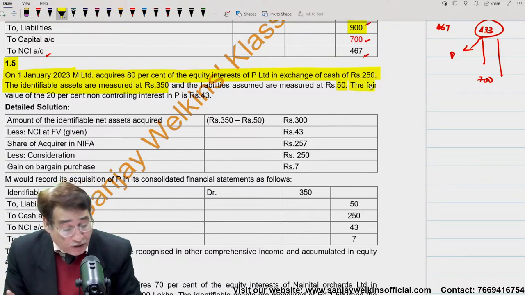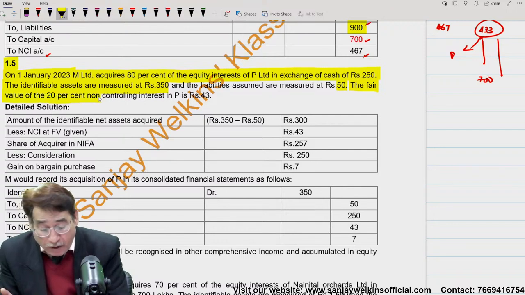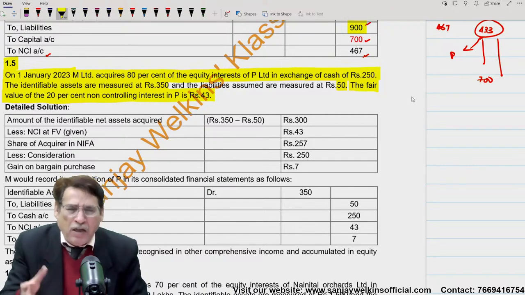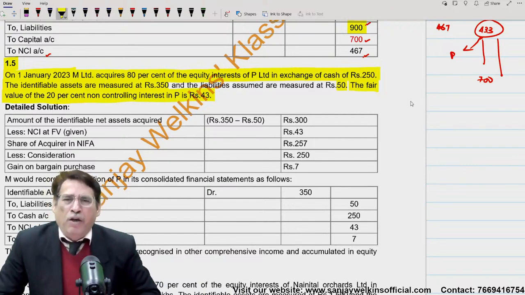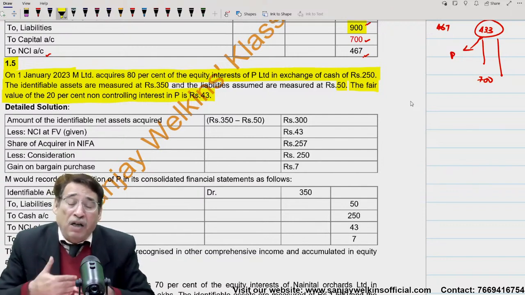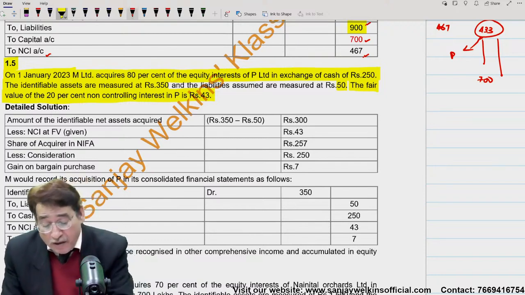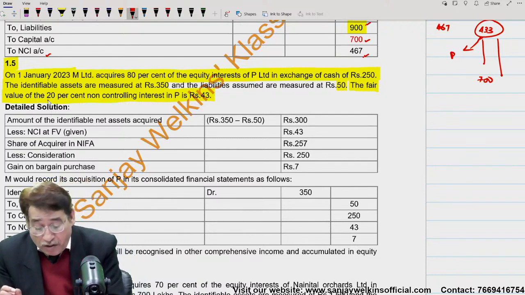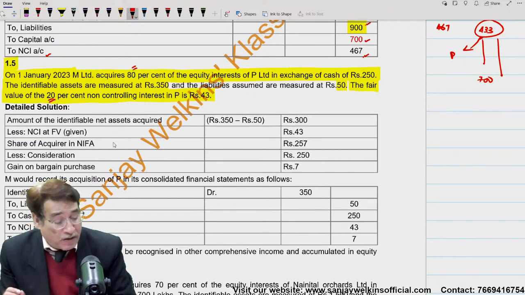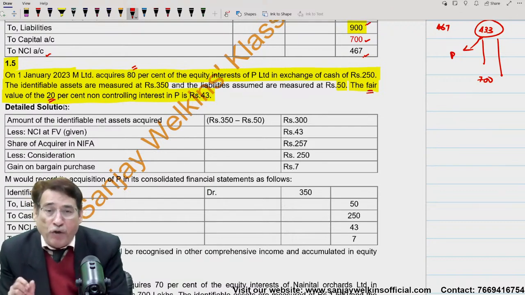But further it is given that the fair value of 20% non-controlling interest is 43. What happens? I have seen on many occasions during my 3 decades of experience that sometimes students, in the heat and anxiety of the examination, never go through the entire length and breadth of the question, and in haste they commit some mistake. What I mean to say here, for example, in this particular question, we know that we have got 80% interest and NCI interest is also 20%, and here it is written the fair value of 20%.